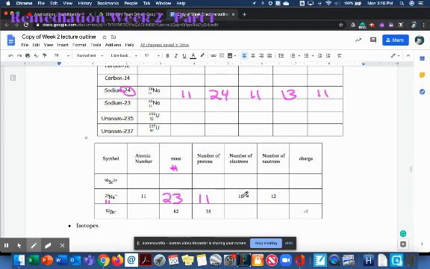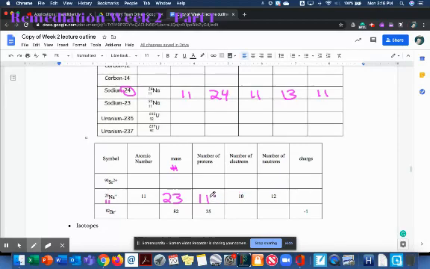Now, the number of electrons: if this were a neutral sodium atom, there would be 11 electrons to balance out the 11 protons. But it has a +1 charge. So that means if the charge is positive, you have to do the opposite and take 1 electron away. So in this case, we would have 10 electrons,